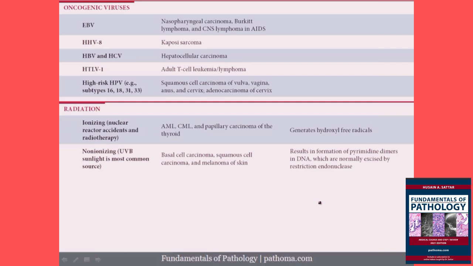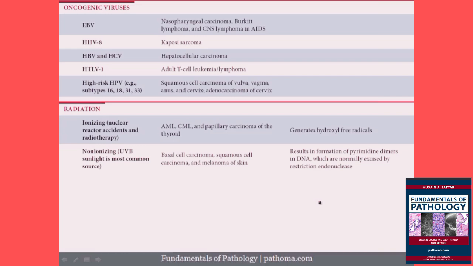Classically, nasopharyngeal carcinoma presents as a neck mass because the tumor very early metastasizes to local regional lymph nodes, and so the classic presentation is a neck mass in a Chinese male. Okay, so that would be an example of an EBV-induced tumor. EBV is also associated with Burkitt lymphoma, which will be discussed in detail when we do your heme or white blood cell discussion, and it's also associated with CNS lymphoma in AIDS. Another important oncogenic virus is HHV8, human herpes virus subtype 8, and this is associated with